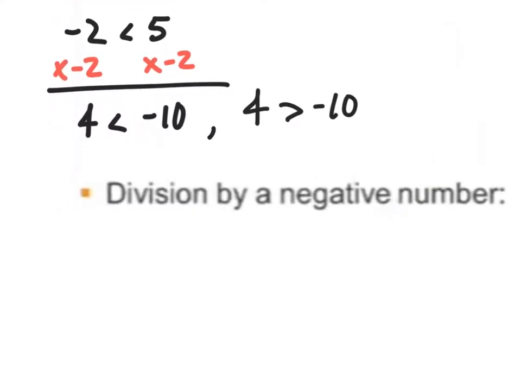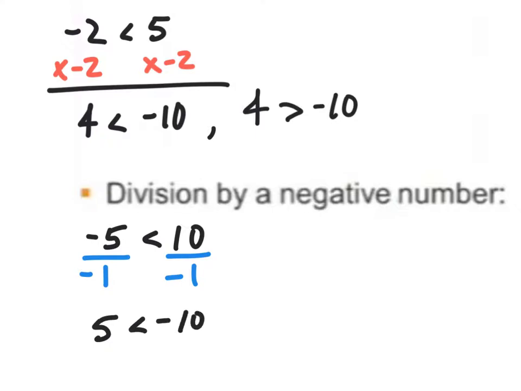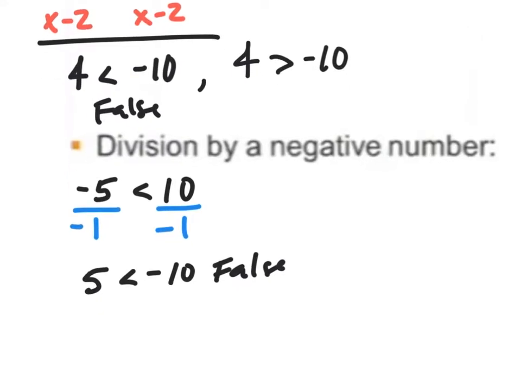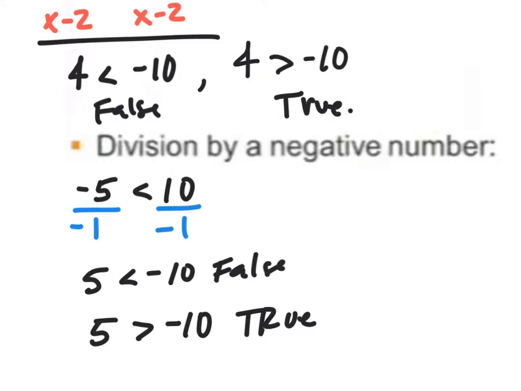Let's take two numbers and say that negative 5 is less than 10. We agree that that's a true statement. But if I divide each side by negative 1, then we get that 5 is less than negative 10. This is a false statement, just like how this was a false statement. In order to make it true, you have to reverse the inequality and say that 5 is greater than negative 10, just like up here, how we made this one true. So whenever you multiply or divide by a negative number, you have to reverse the inequality